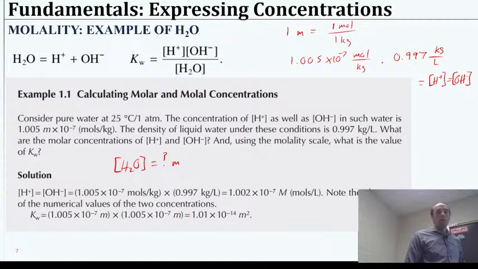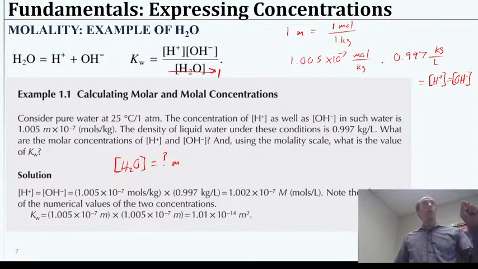And in this case, the book is, I guess, assuming we already know this should be just 1. And if we stop and think about water for a moment, this is the basis of our solution, right? So it's the number of, let's see, moles per kilogram. Well, that also should be about 55. So I think the reason it's dropping out of solution here, or dropping out of the equation,